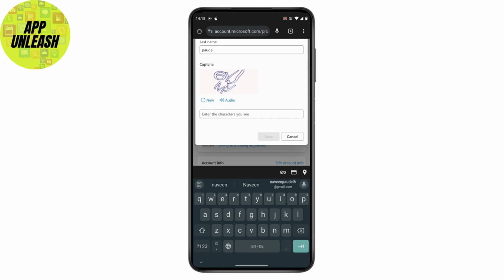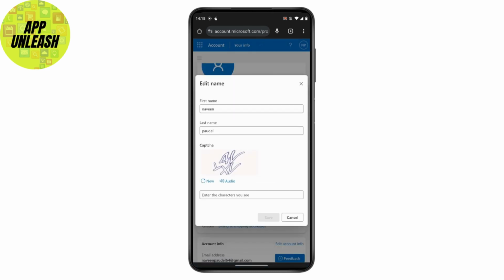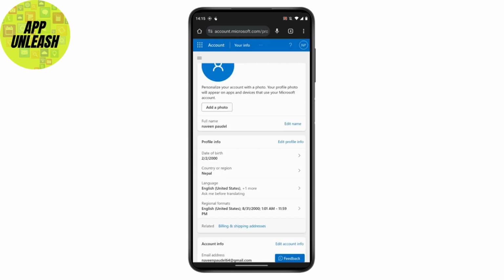If this shows you an error, just tap on new, and that will generate a new caption. Enter that new caption and then tap on save, and that will change your name on Outlook. So just follow these easy steps, and after following this you can also change your